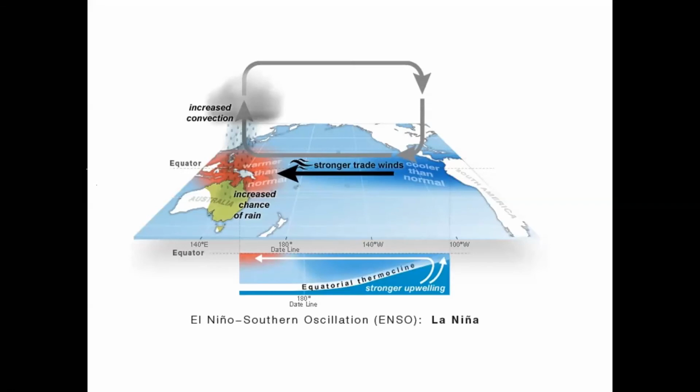The opposite is true in a La Niña year. We get stronger upwelling, so colder currents coming to the surface off the coast of Ecuador. That's combined with very strong trade winds, westerly winds across the Pacific or this equatorial region. As a result, Australia becomes warmer than usual, so there's increased convection and evapotranspiration; warmer air can hold more moisture, and there's an increased chance of rain, particularly in Australia. I've mentioned this today because that's what's occurring in Australia now. As we're speaking, major rainfall and flooding is affecting people live and in real time in Australia.